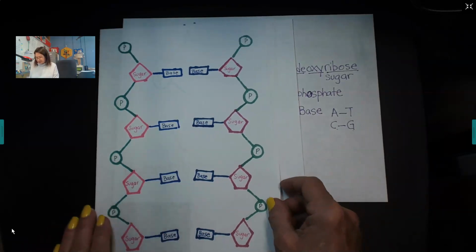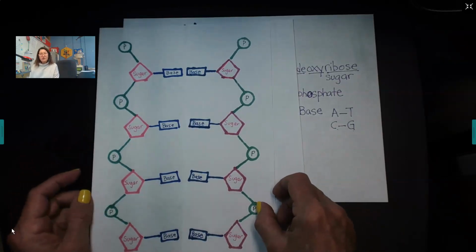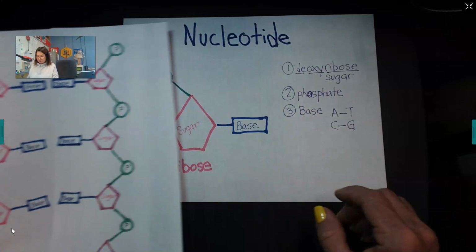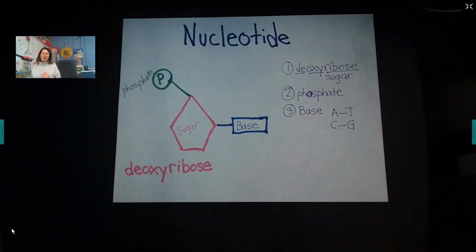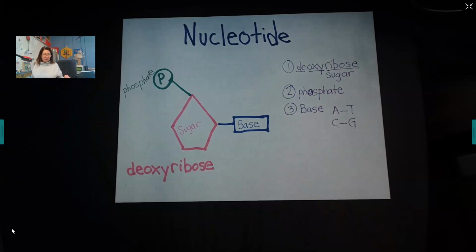So this is kind of how DNA is built. It all starts with nucleotides, which is right here. So I hope this helps clarify some of the stuff. Okay, back to